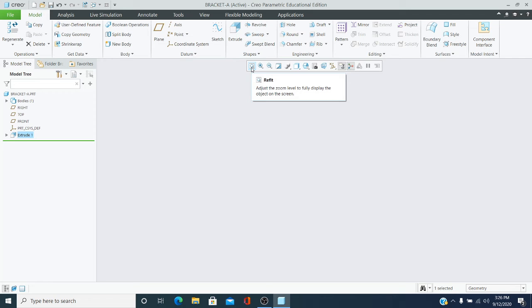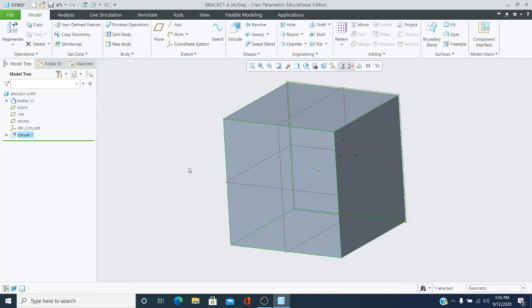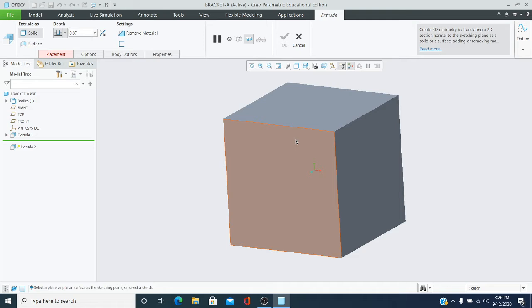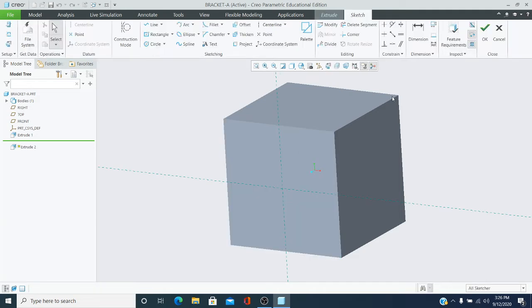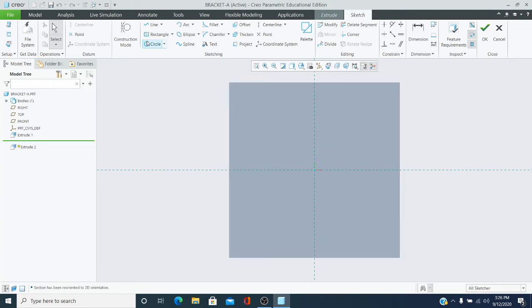Select refit. All right, so now I want to cut off my datums. So just click on this button here, click to the left here, go to extrude. I want to extrude on this surface. And let's do a look at, do a rectangle. We're going to do a corner rectangle. Click on this corner, drag, click with the left mouse button, then click the